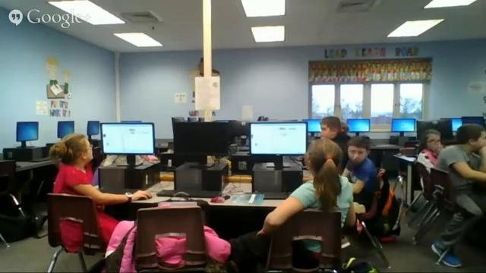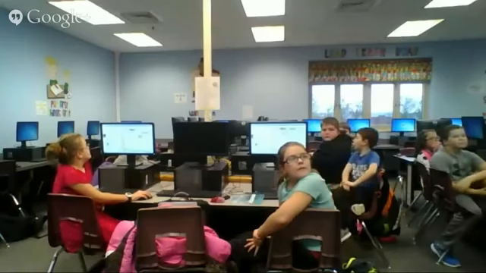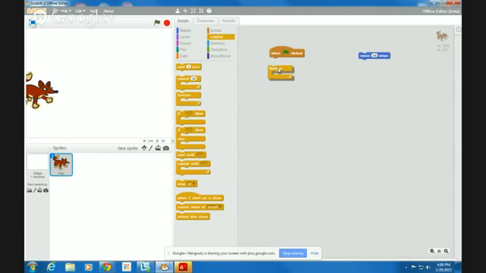Now watch what he does with it. Drag the Forever block and put it right next to the when flag clicked. Let go and it should be connected to the when flag clicked block.